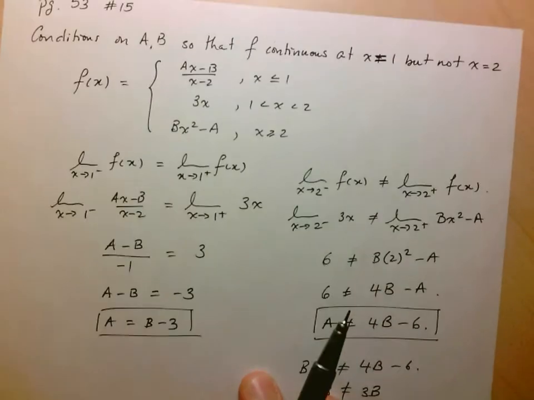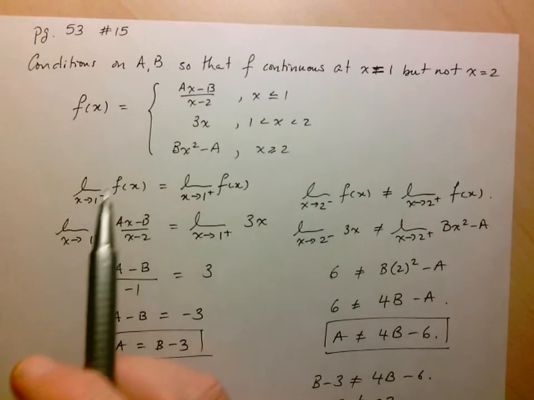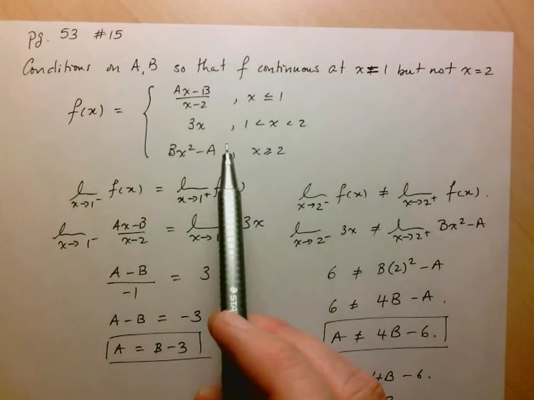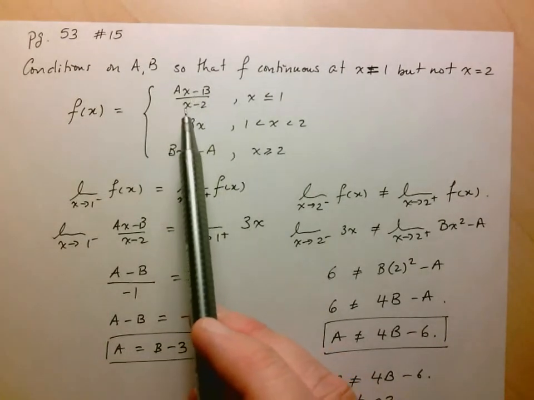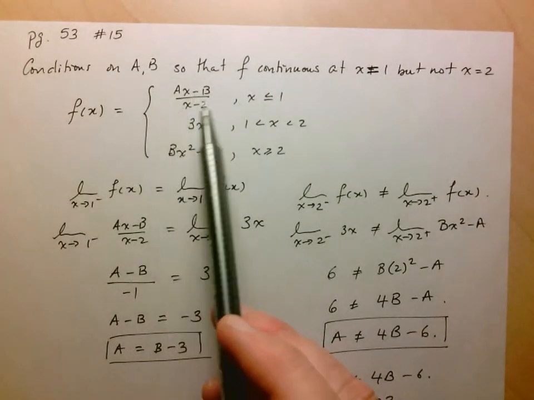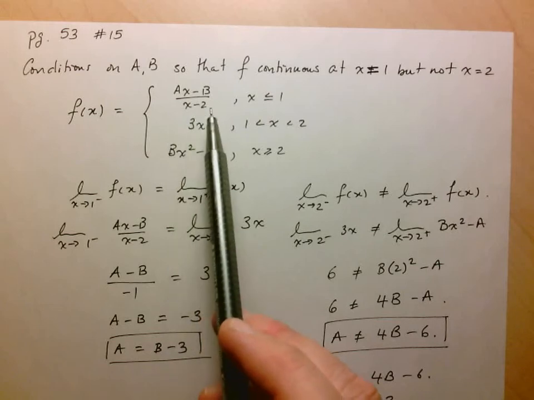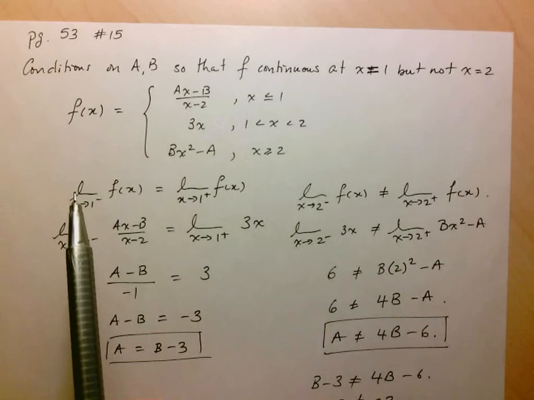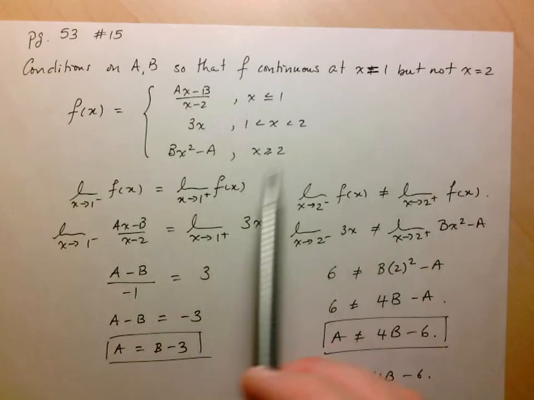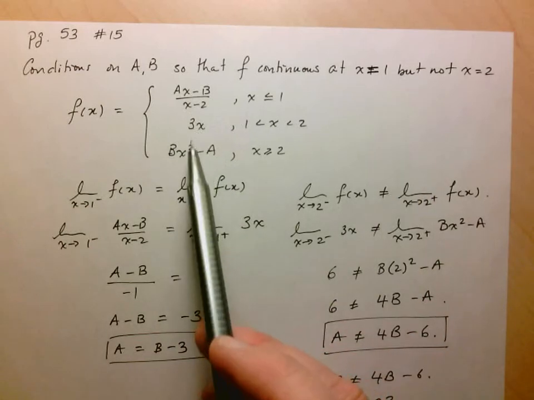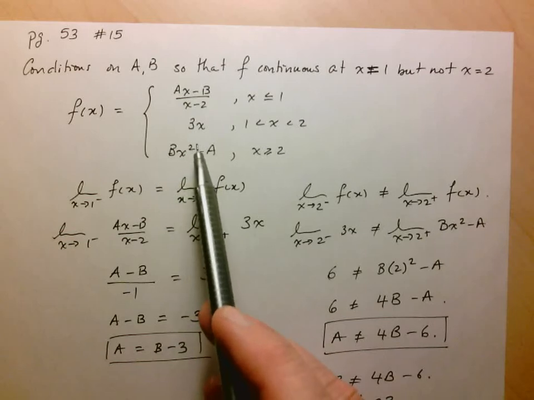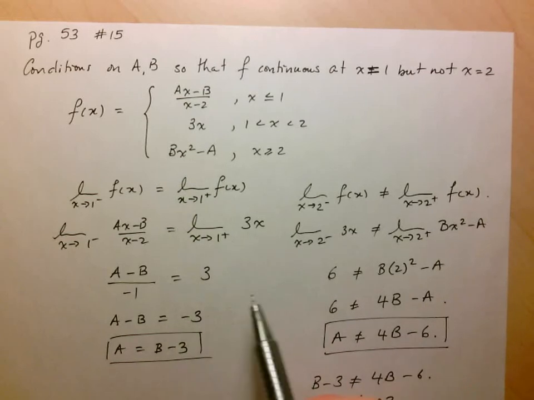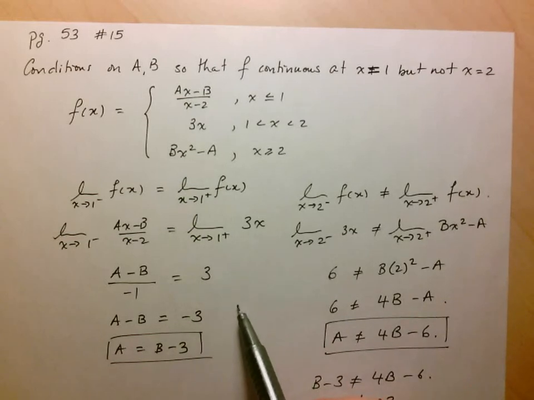To recap this question, number one is to understand that when a function is continuous at a point, it means that the left-handed limit is equal to the right-handed limit, and those are both equal to the function value. In this case, where they want it to be discontinuous, it means that those two limits are not equal to each other. And from there, we were able to set up this system of equations which had infinitely